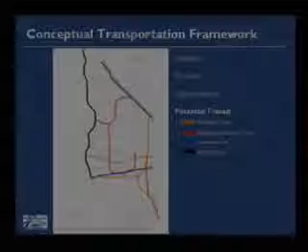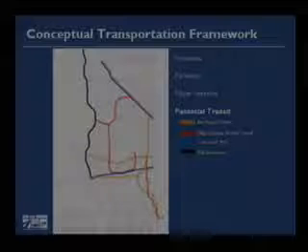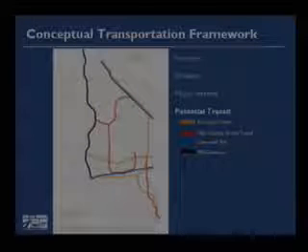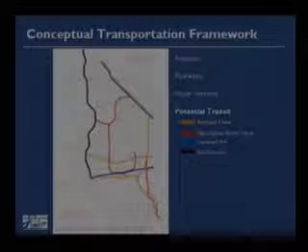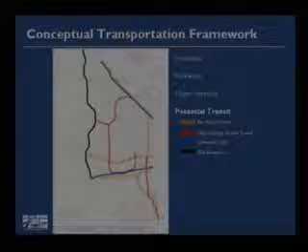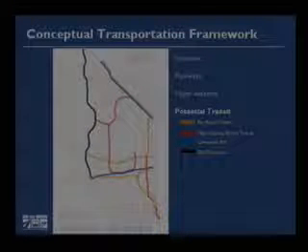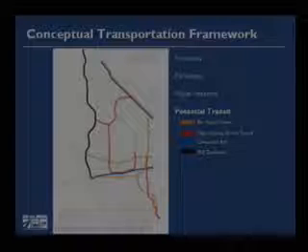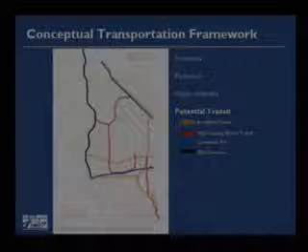Well, at the same time, too, we have not left out any thoughts on alternative modes. We have to, as the Phoenix area matures, I mean, everything is telling us we're supposed to be at 8 million by 2030, which is the size of Chicago today. Chicago has a very good commuter rail network, and MAG is undertaking a study right now to start taking a look at commuter rail. One of the things that we've been looking at is a corridor that would be into the West Valley, maybe along I-10, maybe along the UP line.